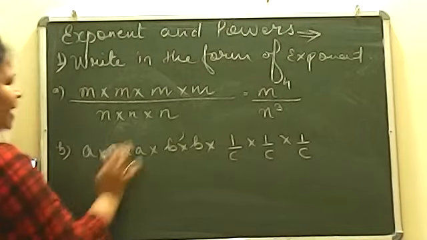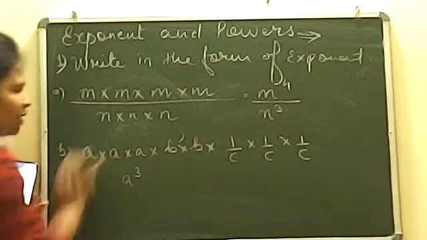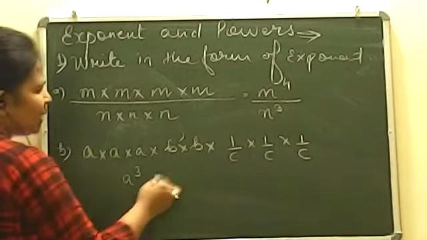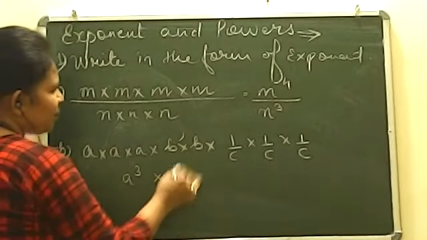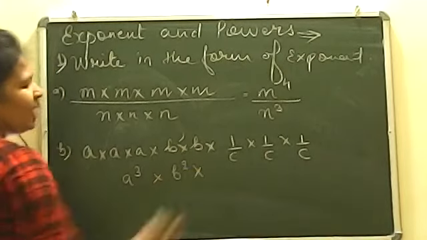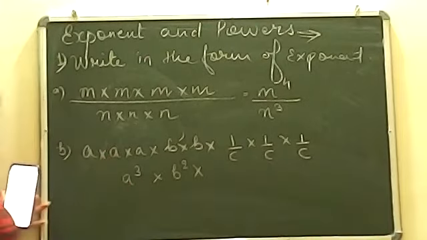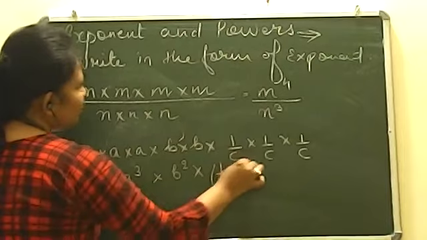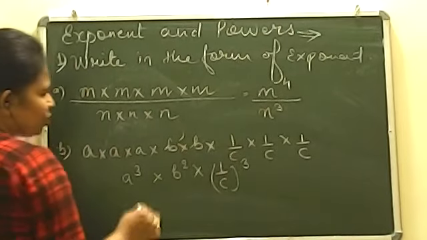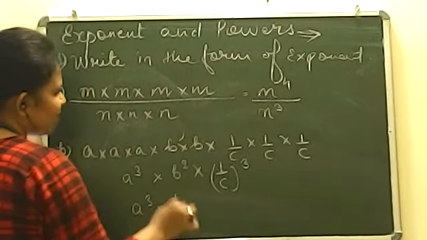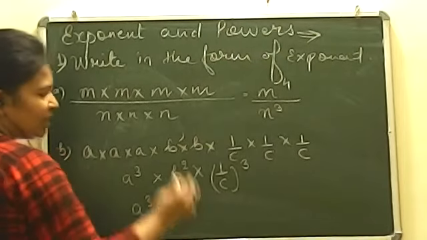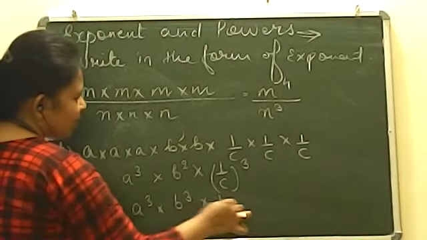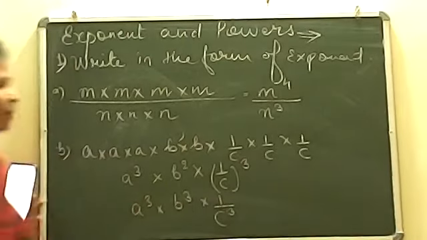Then a, it means 3 times. So, a to the power 3 multiply by b is coming 2 times, so b to the power 2 multiply by 1 by c is repeating 3 times, so simply you can write it down 1 by c to the power 3. Or if you want, you can write it like Saransh has given the answer to me, a to the power 3 multiply by b to the power 3 divided by 1 upon c to the power 3, because